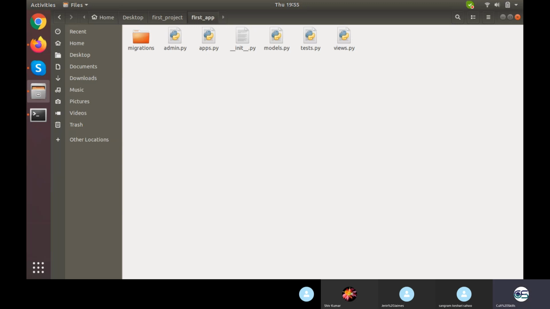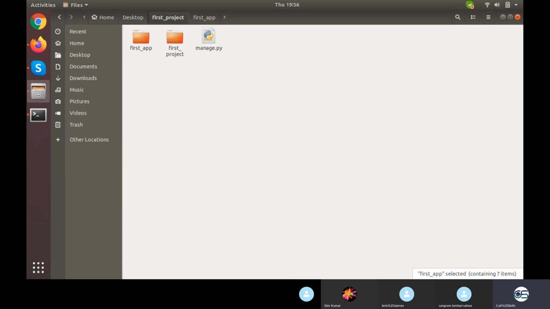We will study what migration and admin are all about. If I go outside one directory, there is manage.py. manage.py is something which controls the execution of the whole of this. Whenever we run the server, we will run this particular file only, and all the files are connected to this in a chain. This will point to something, that will point to another thing, and that to another, so a kind of linked list is maintained.